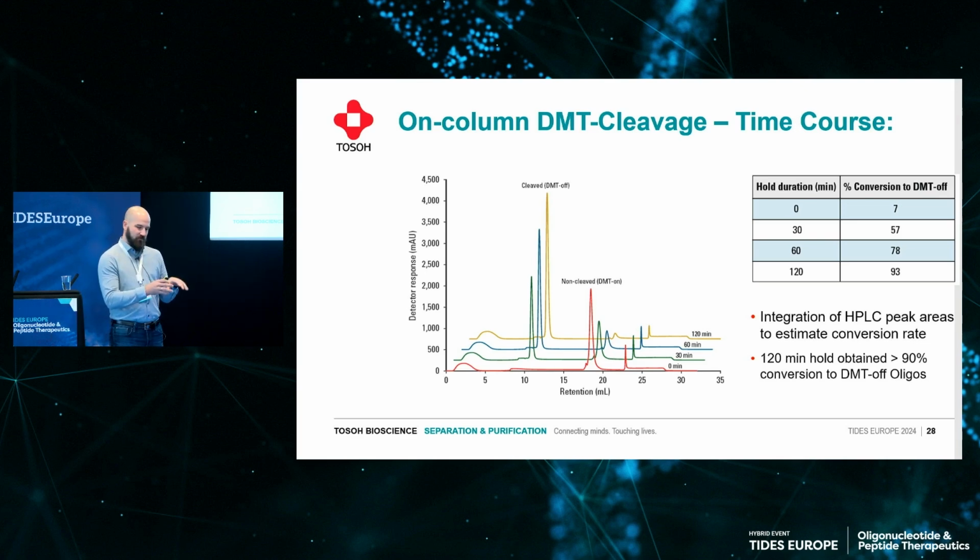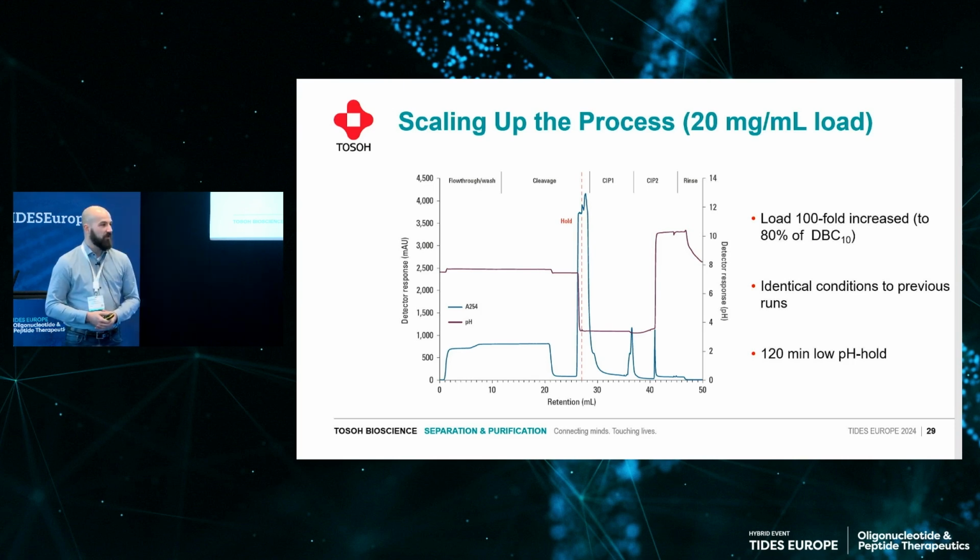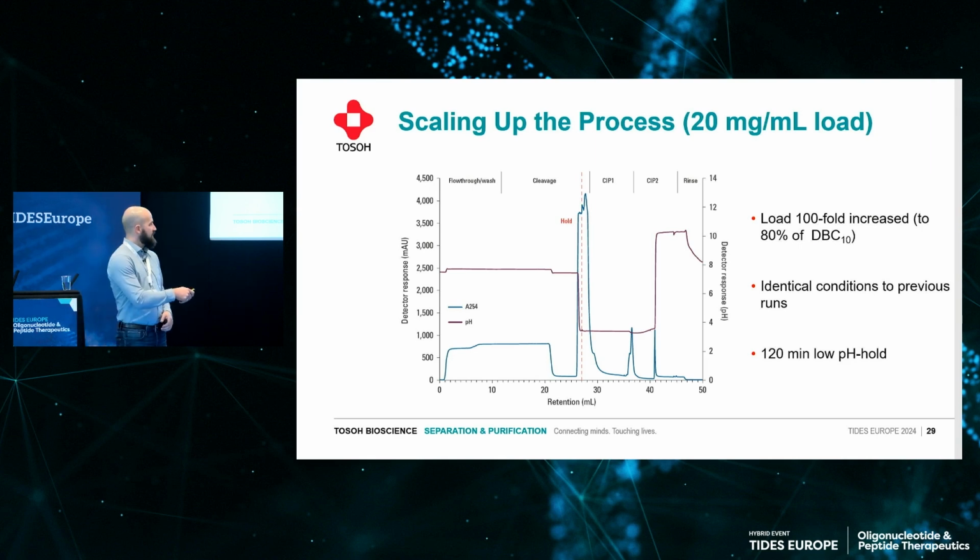But when we hold, so basically we flush the column with 1 to 2 column volumes, then wait for 120 minutes with the low pH solution standing in the column, we have almost 100% conversion, in this case 93% conversion from DMT-on to DMT-off oligo. But again, this was with a low load, 0.2 milligram per milliliter. Then we scaled this up to loadings that we would assume in a large-scale process. Here it's 20 milligram per milliliter, 80% of our dynamic binding capacity, a 100-fold increase from the previous